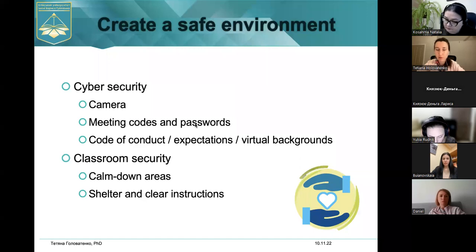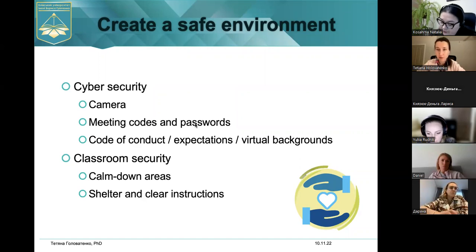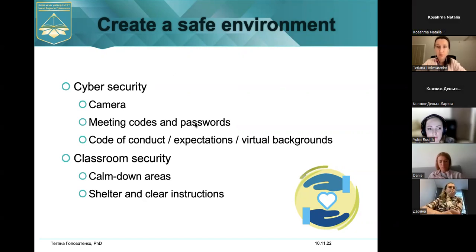So make it a rule of thumb that students do not take screenshots, because photos of other participants of events might be there on the screenshot, and then if that screenshot becomes viral and shares between students or in different chats, then the faces, names, and some personal information of other people might be exposed to other people, to strangers, and that might give this insecure moment to your classroom.